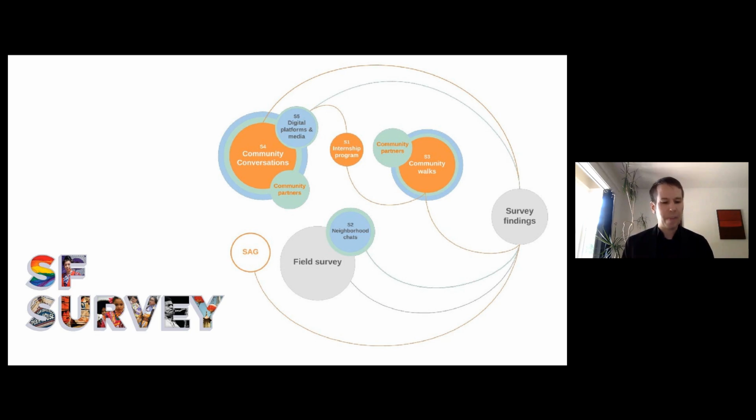SF Survey provides an opportunity to take steps to center preservation in racial and social equity, better reflecting the dynamic cultural resources that make San Francisco unique. The findings of SF Survey will help guide the planning department's work on future landmark designations, heritage-based initiatives, environmental review, new development projects, area plans, and building permit applications.